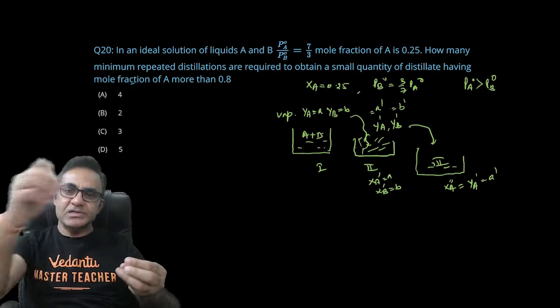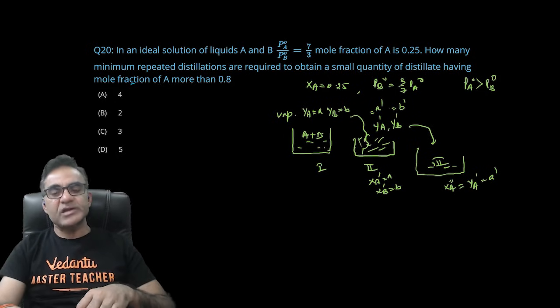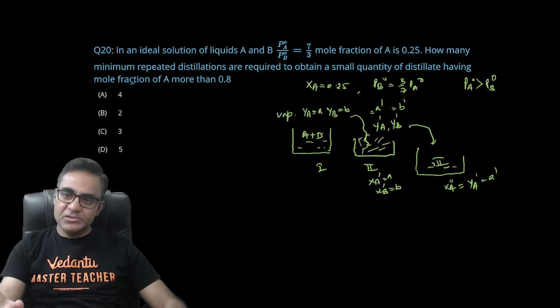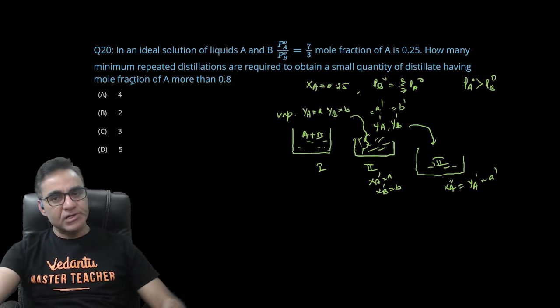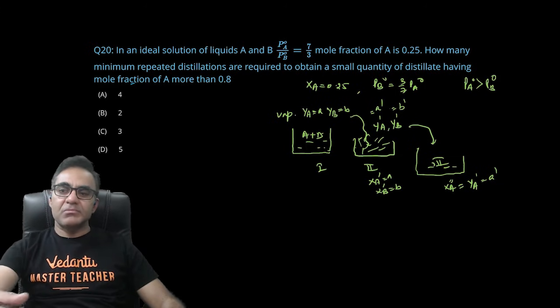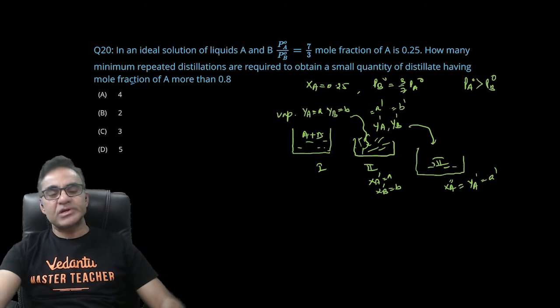मतलब मैं फर्स्ट कंटेनर की वेपर को उठा के कंडेंस करूंगा, तो वही वेपर जो लिक्विड फेज में जा रही है सेकंड कंटेनर में, तो वेपर फेज में जो मोल फ्रैक्शन होगा वही तो लिक्विड फेज में जाएगा। सेम है, सेकंड कंटेनर के वेपर फेज में जो मोल फ्रैक्शन होगा वही थर्ड कंटेनर के लिक्विड फेज में होगा, एंड सो ऑन। क्योंकि इस पूरी प्रोसेस में हम ये मानते हैं कि जब आप डिस्टिलेट बनाते हो वेपर्स को कंडेंस करके,